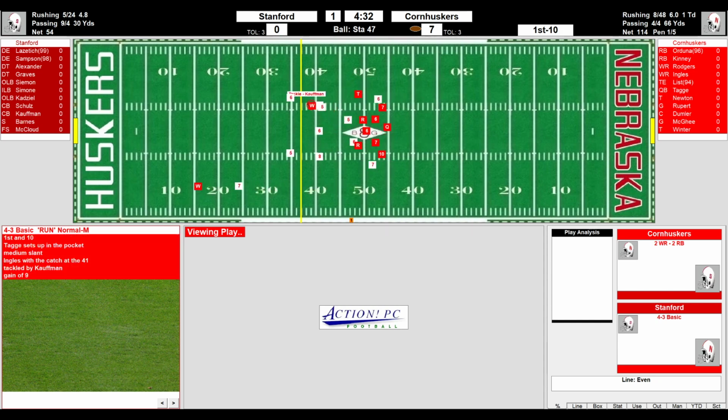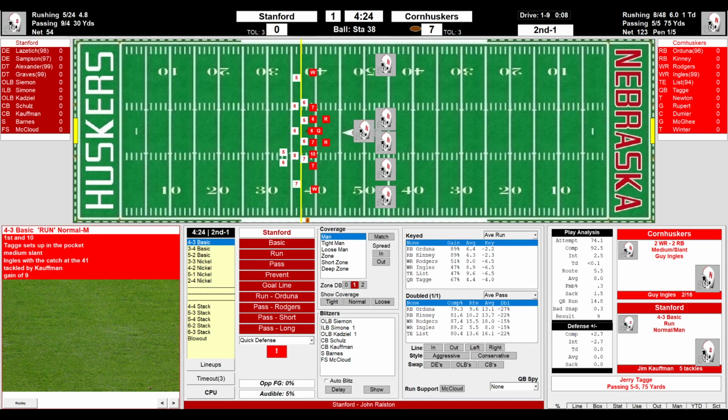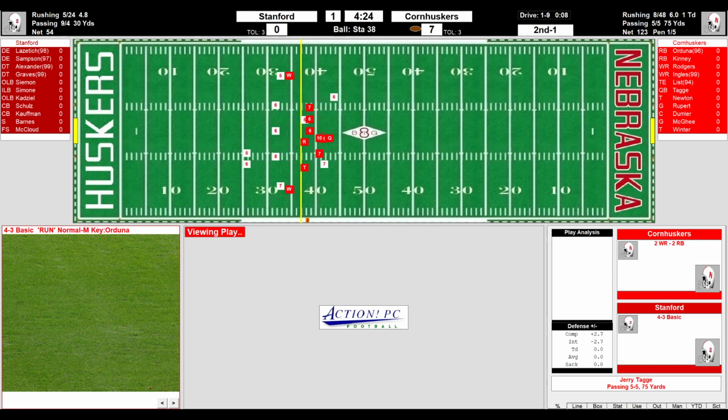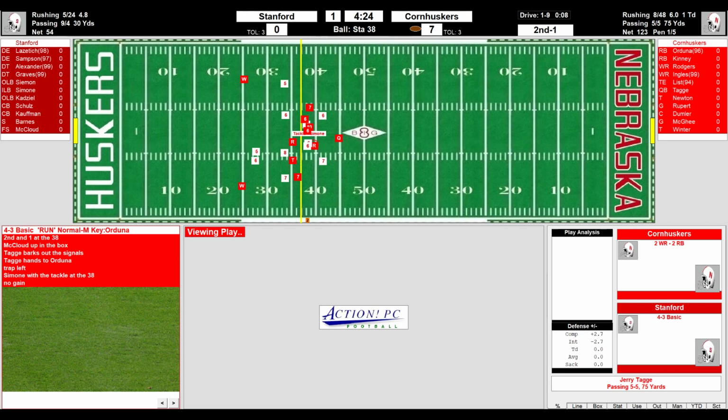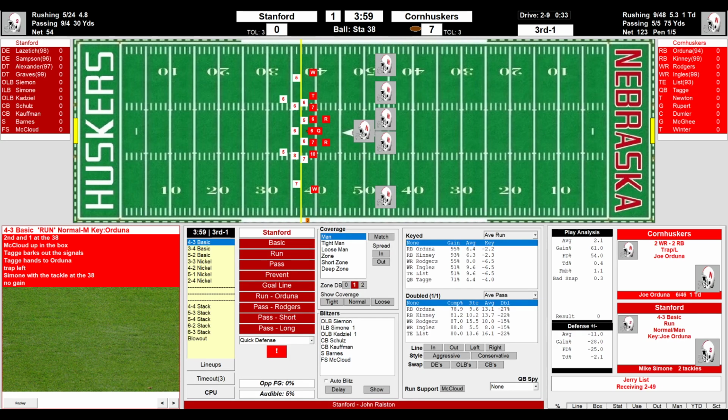Dumps it to the middle. And Ingle will pick up 9, tackled by Kaufman. So Taggy feeling his oats. He's throwing that ball. 2nd and 1. McLeod comes up in run support. They're going to key Orduna on the run. It's a handoff, and it will be denied. Orduna is stuffed at the line of scrimmage. No gain on the trap left. Mike Simone with his 2nd tackle, and it brings up a 3rd and 1 on the Stanford 38, 3:59 to